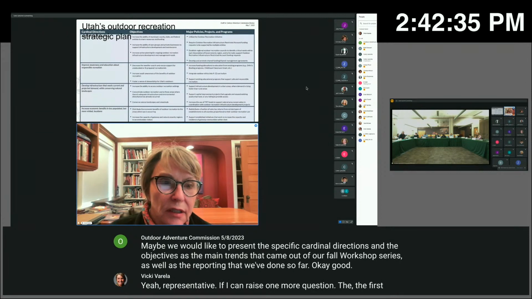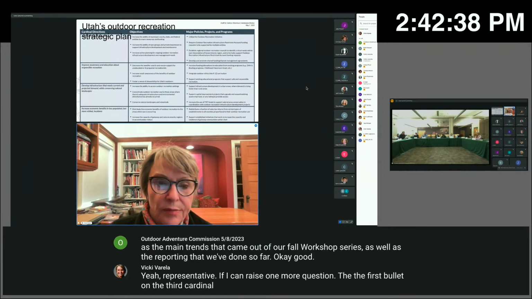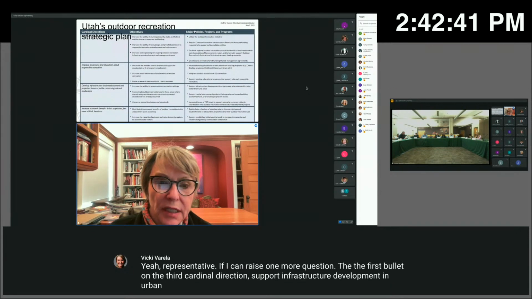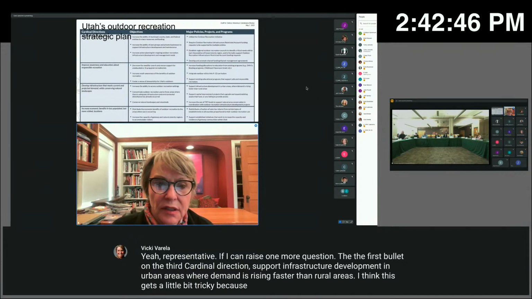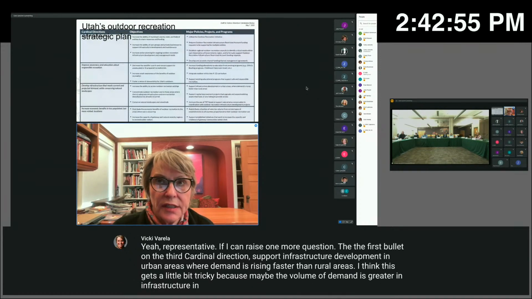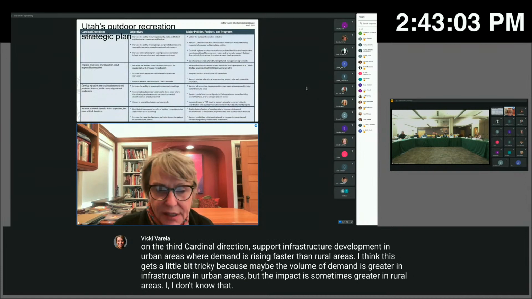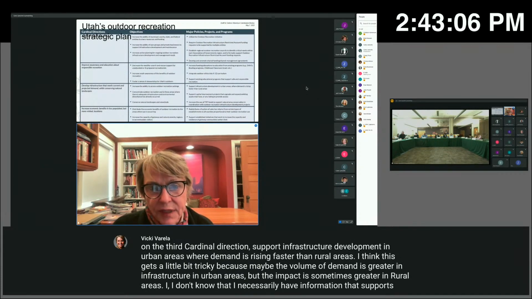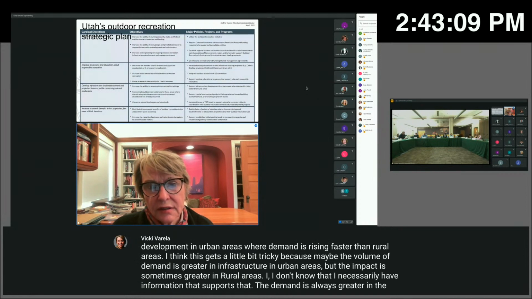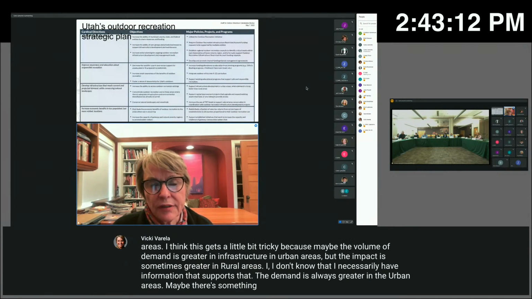The first bullet on the third cardinal direction, support infrastructure development in urban areas where demand is rising faster than rural areas. I think this gets a little bit tricky because maybe the volume of demand is greater in urban areas, but the impact is sometimes greater in rural areas. I don't know that I necessarily have information that supports that the demand is always greater in the urban areas. Maybe there's something I'm not remembering from the findings of all the workshops, but